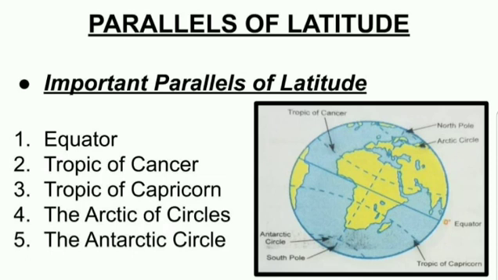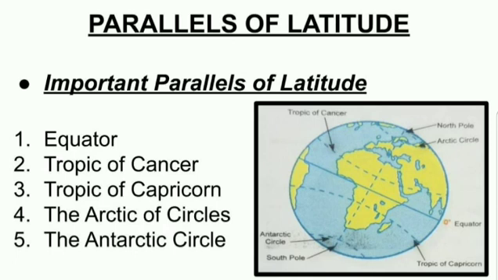You have to remember not all the 181 latitudes, you have to remember these 7 latitudes. Again we will repeat: equator 0 degree, Tropic of Cancer 23.5 degrees north. North and south is very important because the Tropic of Cancer is in the northern hemisphere. Then 23.5 degrees south, that is the Tropic of Capricorn. Arctic Circle, 66.5 degrees north. Antarctic Circle, 66.5 degrees south. And North Pole 90 degrees north and South Pole 90 degrees south. These are the important latitudes. The others are small circles. The equator is the great circle, whereas the North Pole and South Pole are just points.